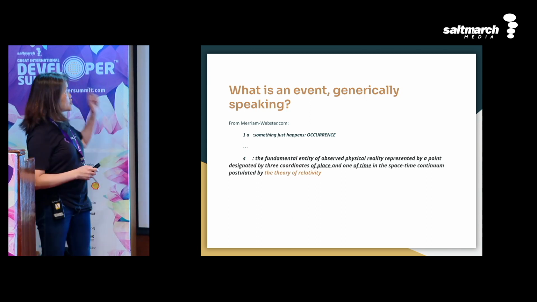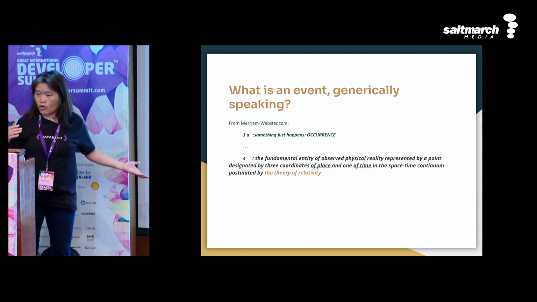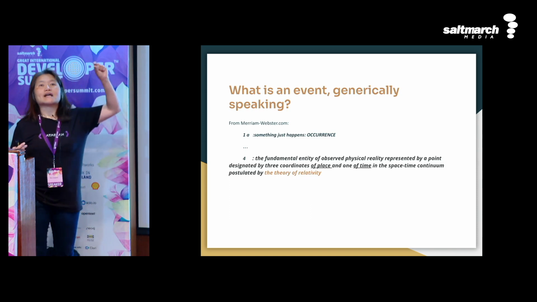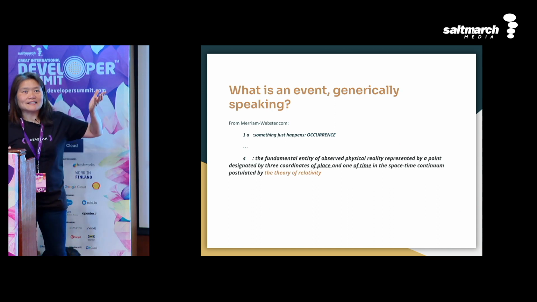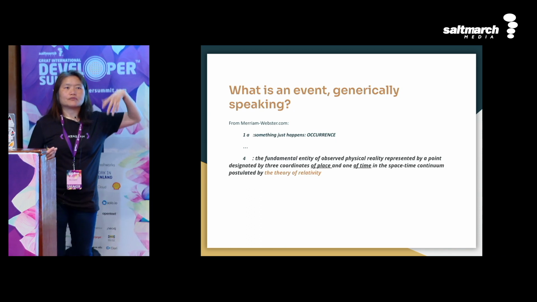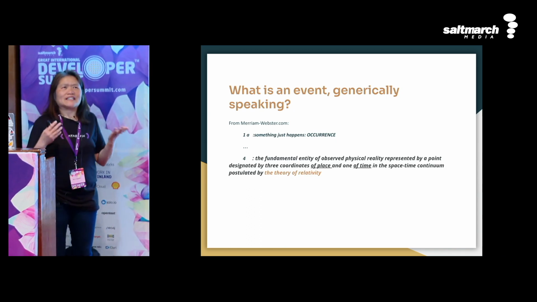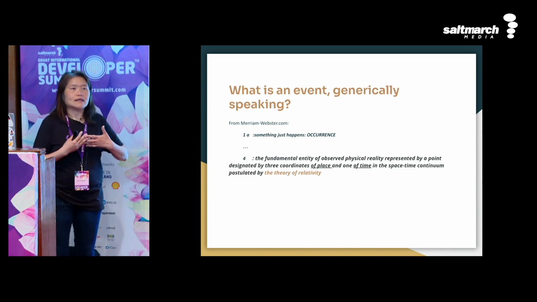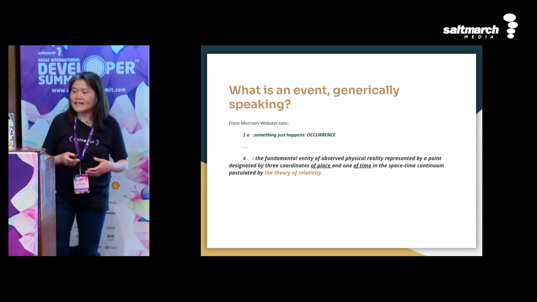And so if you look into the definition on dictionary.com, it will say that, according to the theory of relativity, an event is basically a point in time. And once it happens, it's immutable. But the amazing thing is that trying to capture it is a very abstract kind of idea. So if you are new to event programming, don't give up, because initially it's going to be a little bit counterintuitive. But once you understand, you'll find that it is actually very applicable. It's a very good way of doing things, in fact. So, okay, that's that.